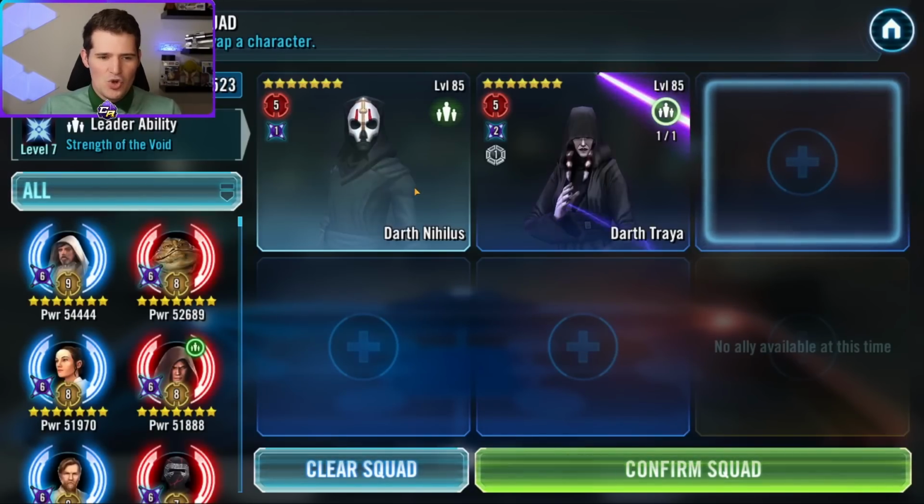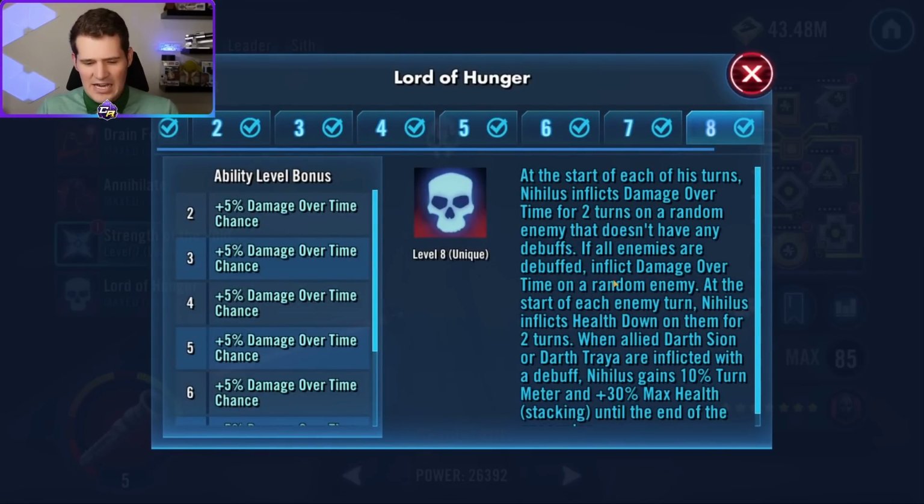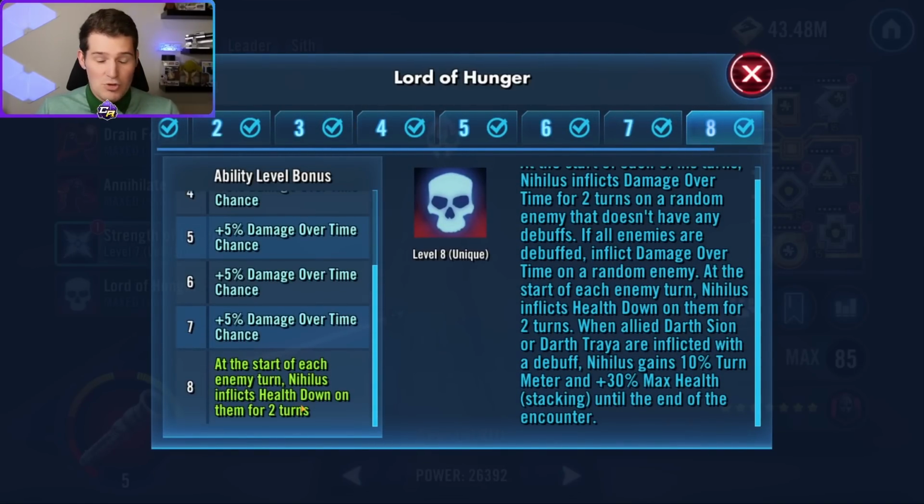Next up is going to be Nihilus. Now this one is so hard to see how good it is. We're going to be talking about the unique, not the leadership, because at face value, this just looks like garbage. At the start of each enemy turn, Nihilus inflicts heal down on them for 2 turns. Heal down, or health down, not a good debuff. In fact, it might be the worst debuff out there, probably right next to accuracy down or something of the sort. So you immediately look at this and think, all right, zeta, no,